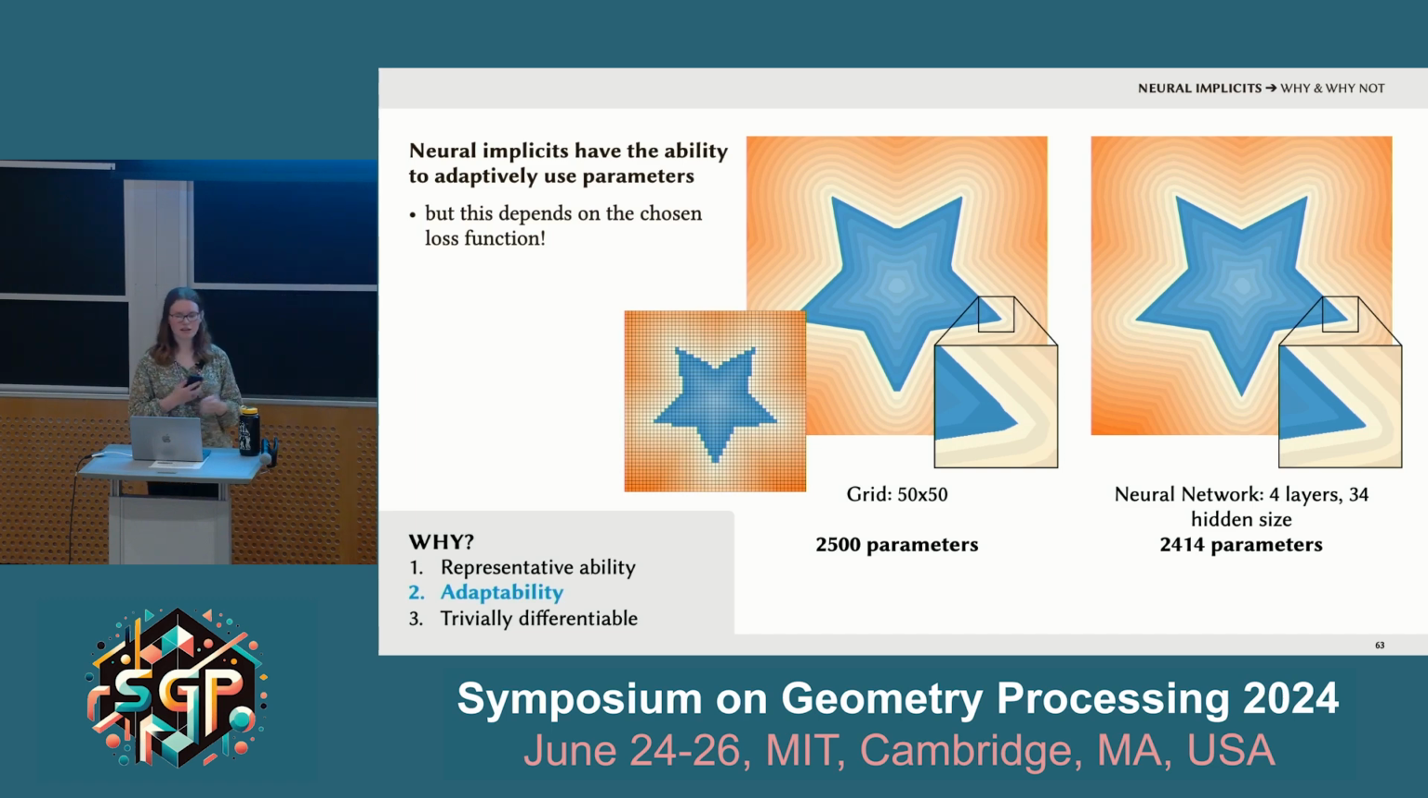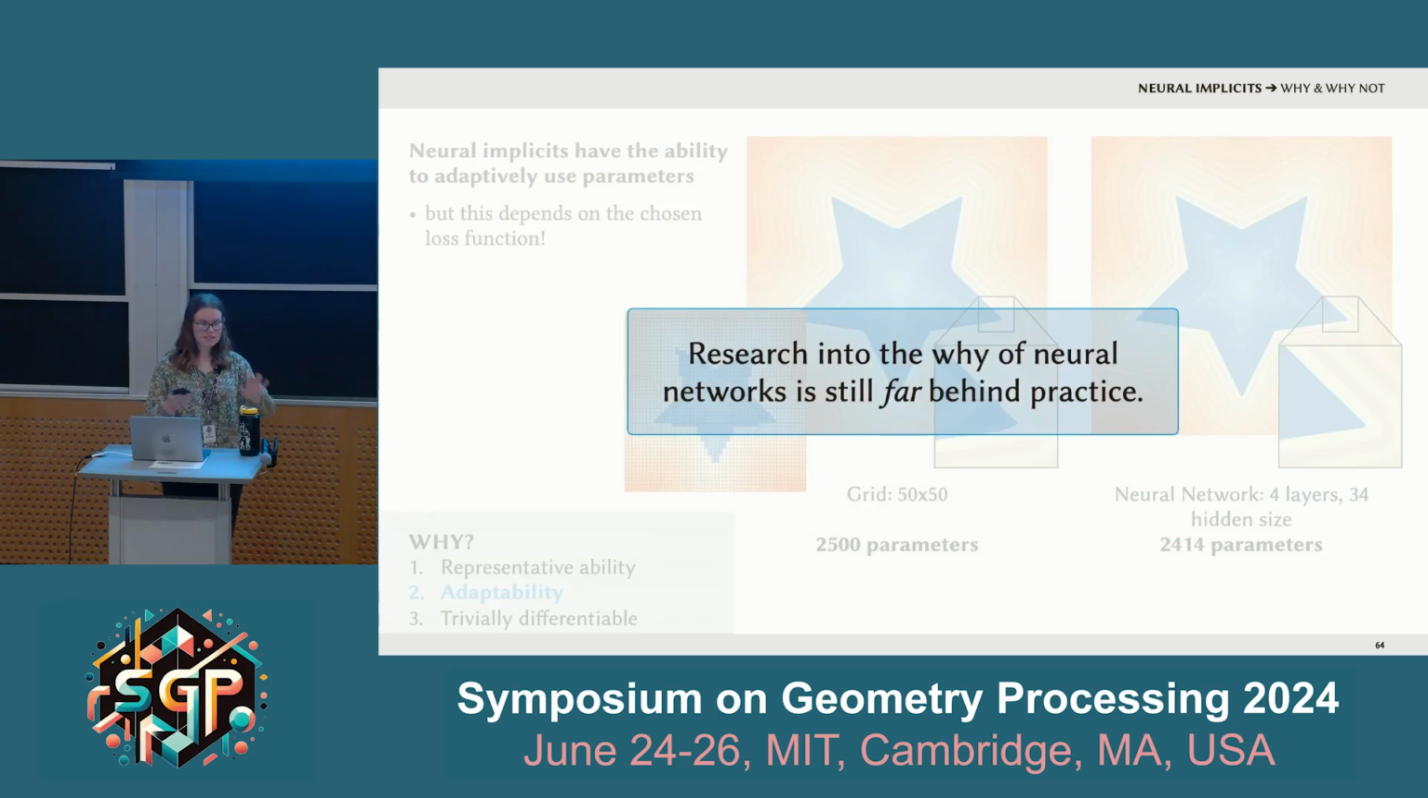You can see I got pretty sharp corners for my star. So this demonstrates the idea that neural networks have this ability to place their parameters in places that are more important. OK, but before I move on, let me just mention a caveat for these